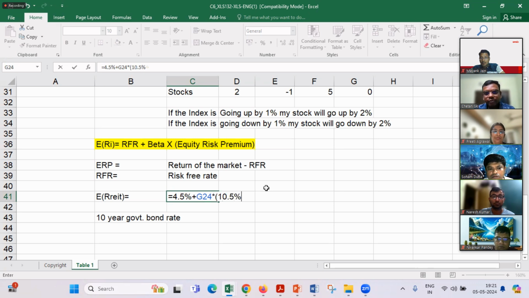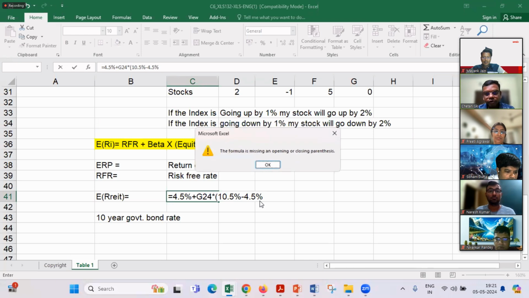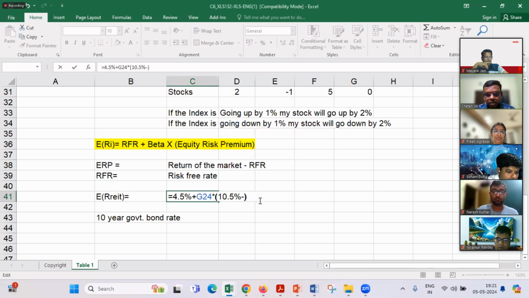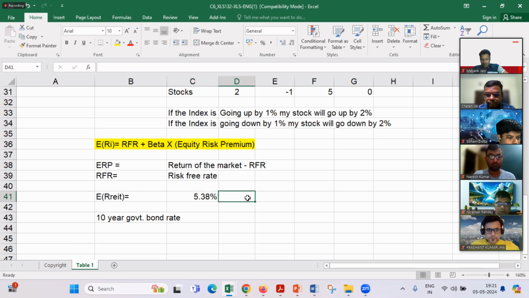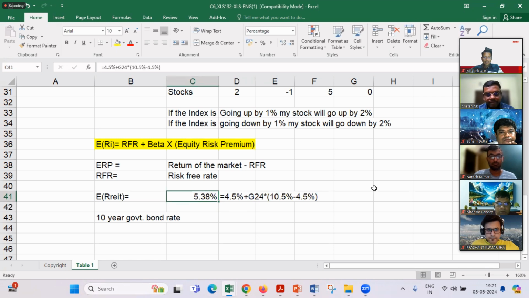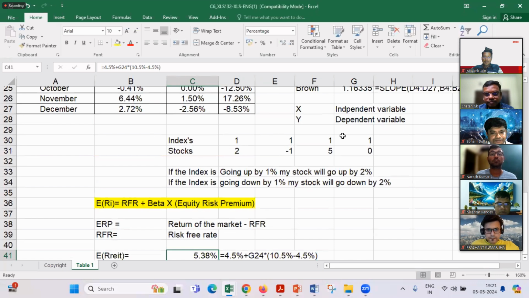Let us go for 10.5%, minus RFR of 4.5%. If you do that, you get the return of the stock. What is G24? G24 is the beta of the REIT.